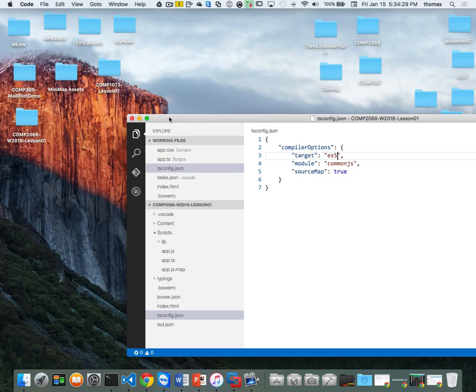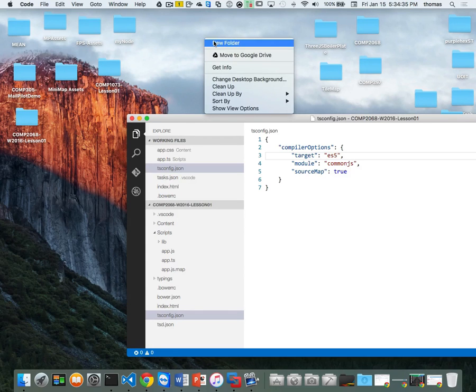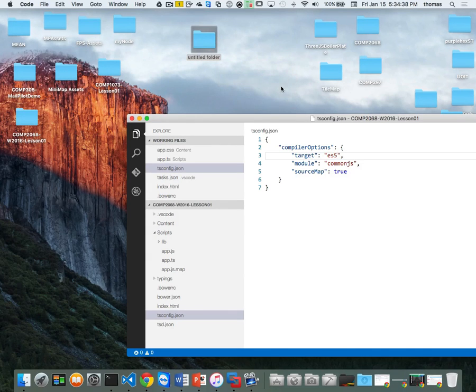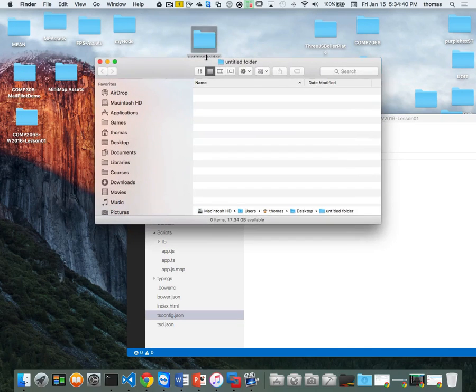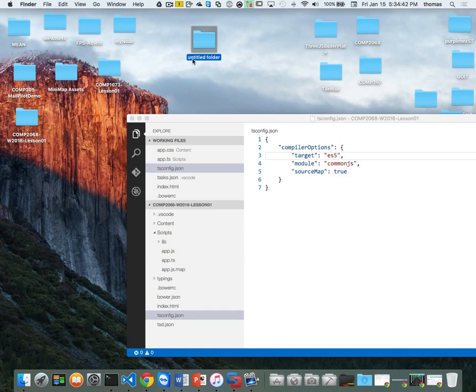All right, let's check this out. How do I kick this off? So let's do a couple of things. Let's make a new empty folder here on the desktop. I'm going to right-click, go New Folder, and we're going to call this folder the same name as what we've had before. I'm just going to rename this thing